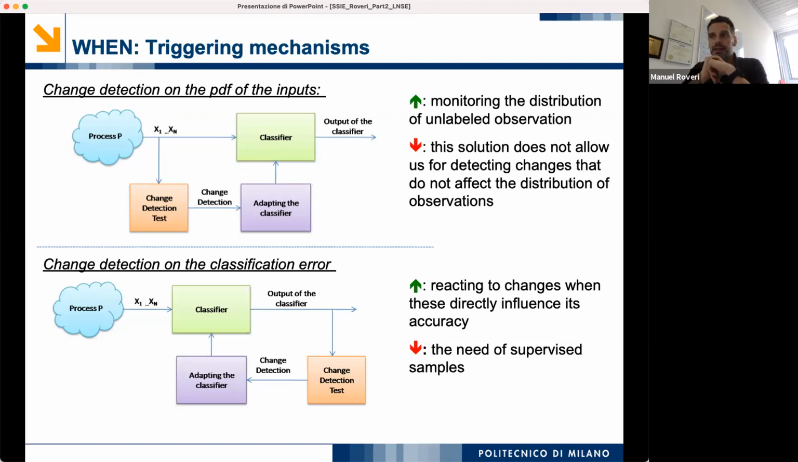A different approach is the second one, which is the change detection on the classification error. Here, as you can see, we have data going into the classifier, we have the output, and then we have the supervised information. We can detect variations in the classification error, or regression error, whatever. If the error increases, typically not decreases, meaning that instead of being stable it is increasing, suddenly or slowly, then this means that there was a change in the relationship between X and Y. And this means that I can detect that there is a change, and I want to adapt the